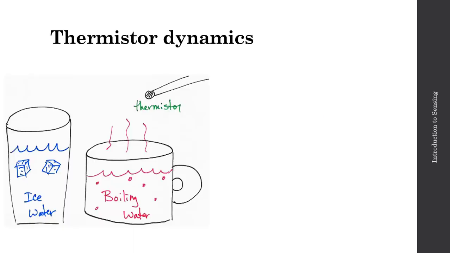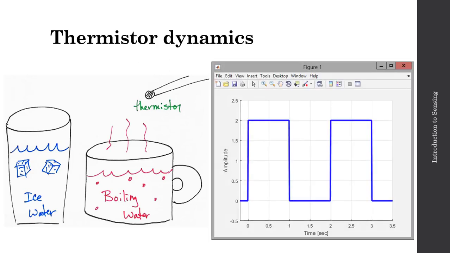If I perform an experiment similar to the experiments you've performed in lab, where I take a thermistor and have that connected to something like a voltage divider, thus permitting me to identify a change in voltage based on a change in resistance. And let's say I dunk my thermistor in the ice cold water, and I take it out and then I dunk it in the boiling water, and I go back and forth repeatedly. What I'm effectively providing is an input signal that is a square wave, and that square wave is